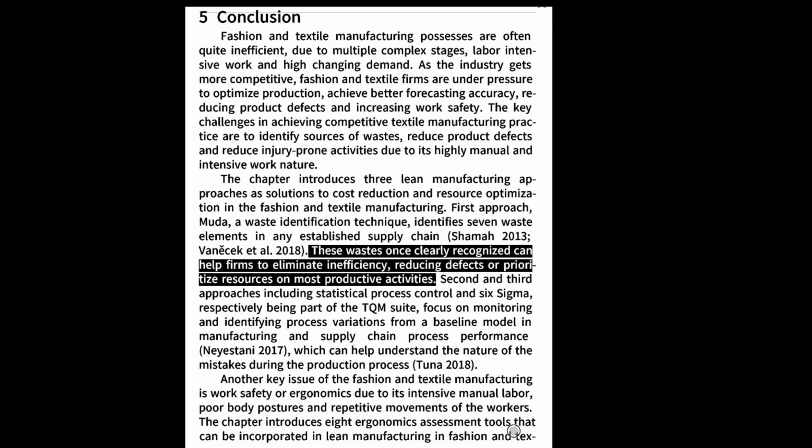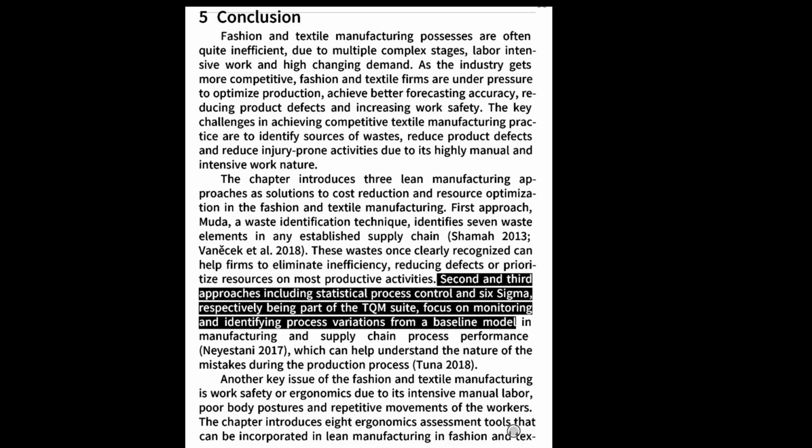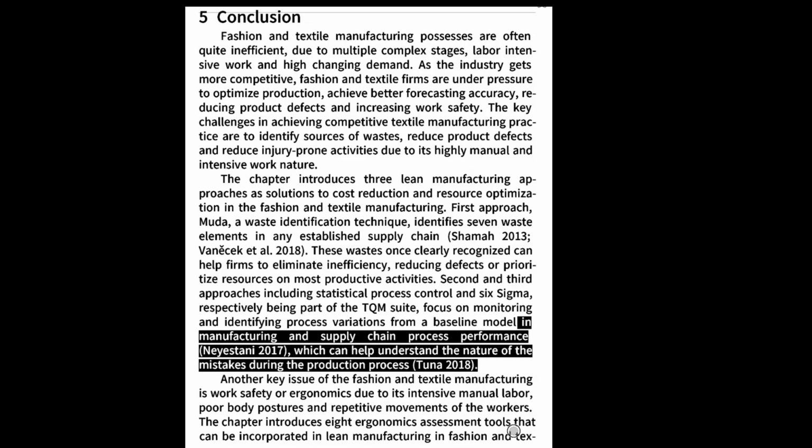Second and third approaches, including statistical process control and Six Sigma respectively, being part of the TQM suite, focus on monitoring and identifying process variations from a baseline model in manufacturing and supply chain process performance, Niastani 2017, which can help understand the nature of the mistakes during the